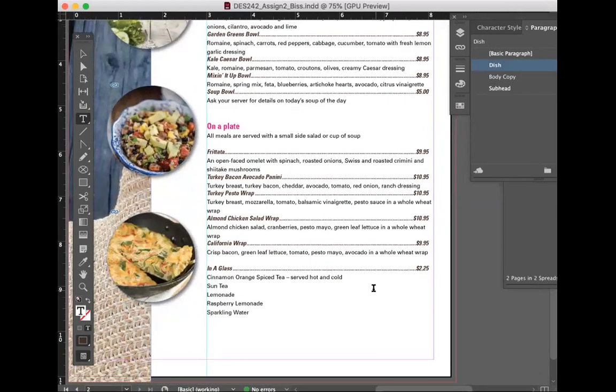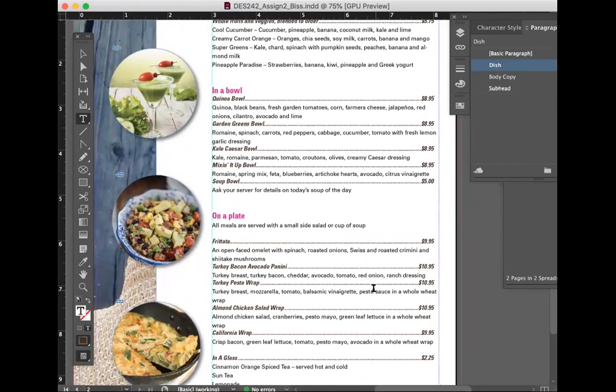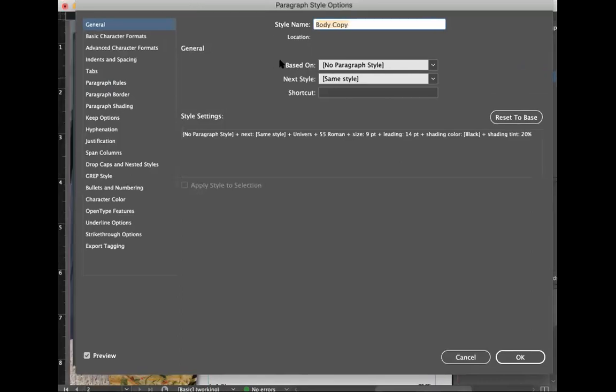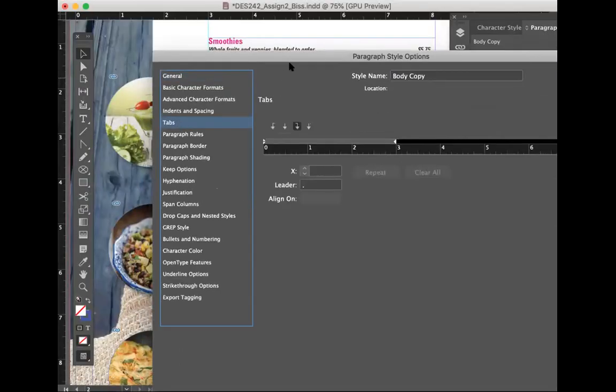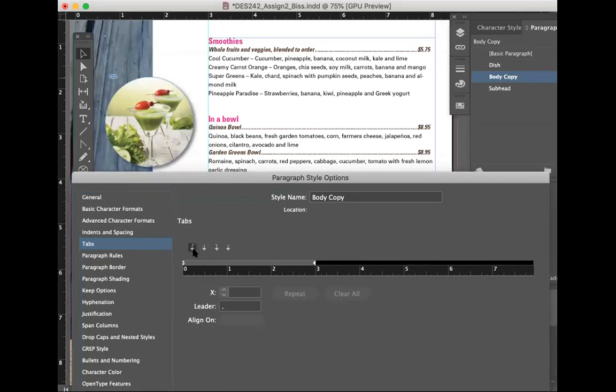Okay, now what we're going to do is put tabs in, maybe just the body copy. So where it says body copy, make sure you're not selecting that type box. Go ahead and double click on the body copy. Go to tabs again, and we're going to set these tabs so that it's just offset a little bit. So we're going to take your left justify tab, and let's do a half inch.